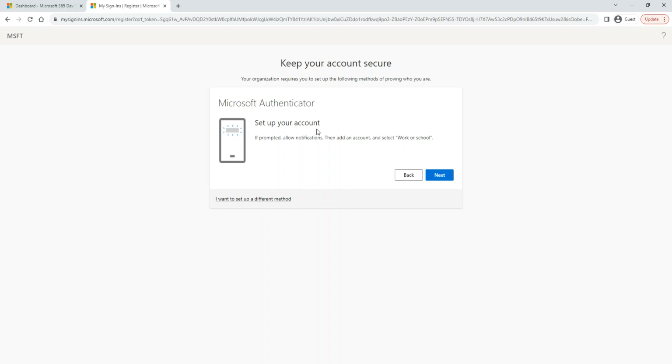Can you guys see my phone? Yes. Okay, so this is my phone. As you can see here, I have a lot of authenticator apps because I log into my work, another work, and my school account. A bunch of them, right? When you get it, yours is going to show nothing in here.